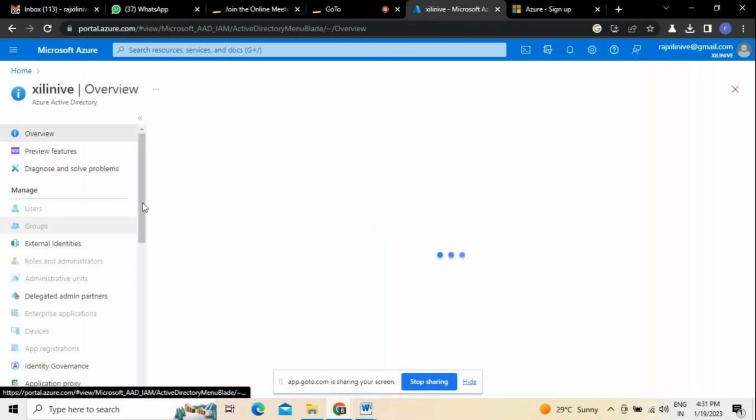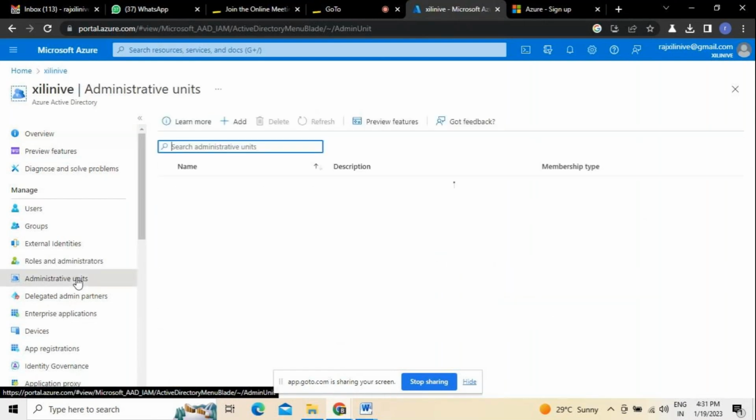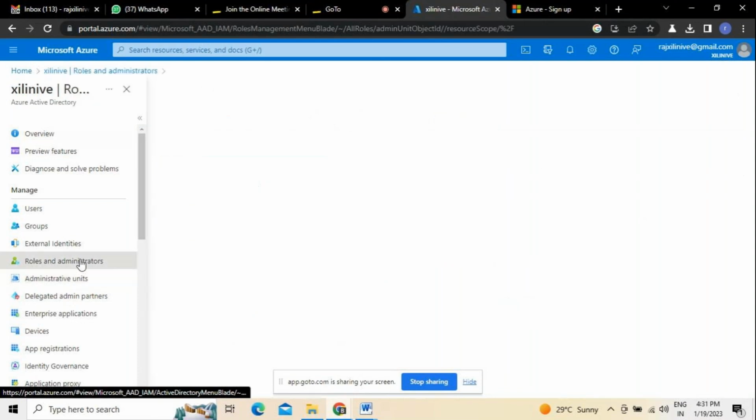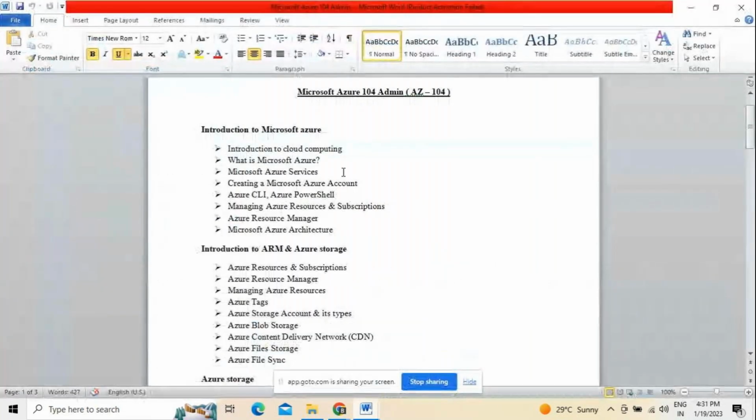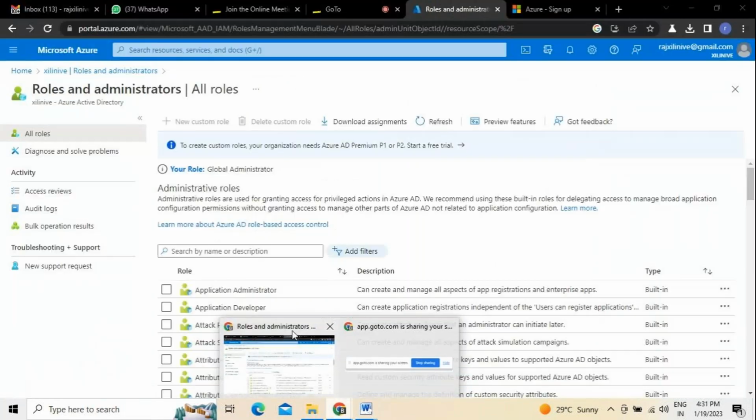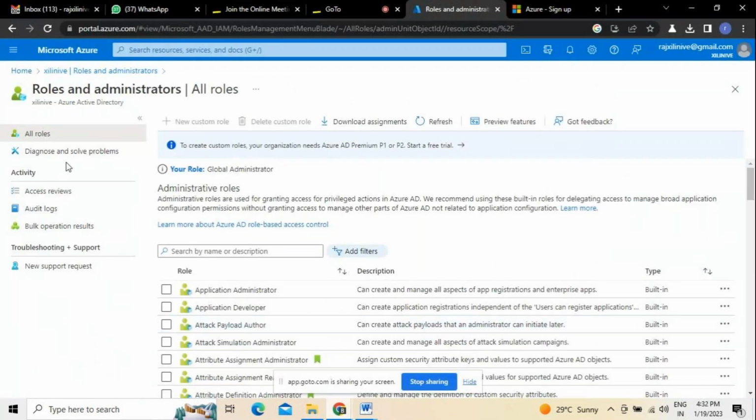In this Azure platform, we can see whatever Azure directory services we have, the administrative units, the roles of administrative units, and the different administrative activities. In reference to the administration I'm talking about, because ours is completely towards Microsoft Azure AZ-104 admin, which is called Azure 104, of course, right? This is what we are focusing more on. In this context, I'm explaining this to you. I hope you have understood this.